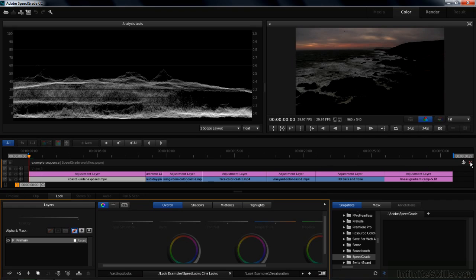If you click on X, that shuts down the sequence. If you click on this, you can choose a different sequence from the same project. If you look a little bit farther down, you'll see only the Look tab is available. Timeline, Clip, and the rest of these guys are not available. Only Look will be available when you've got a Premiere Pro sequence open inside SpeedGrade.